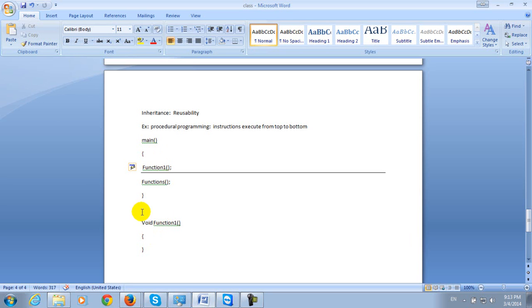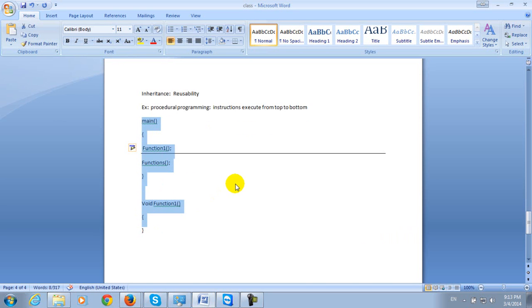So this is one type of reusability in procedural programming. But I want the reusability to be better, like this: if one object inherits the features of another object,